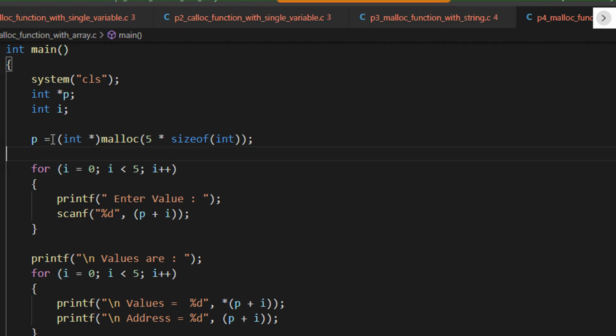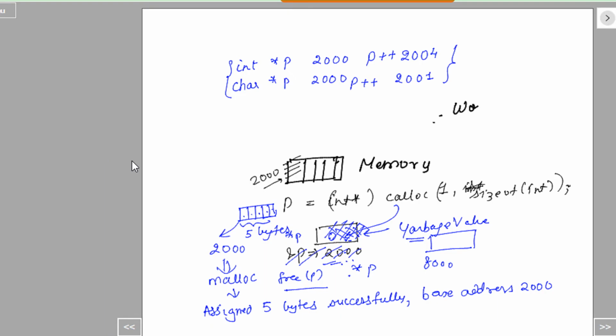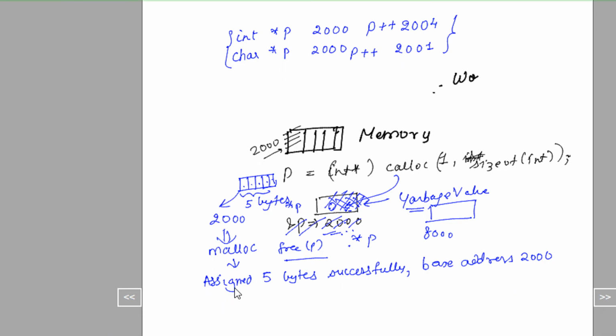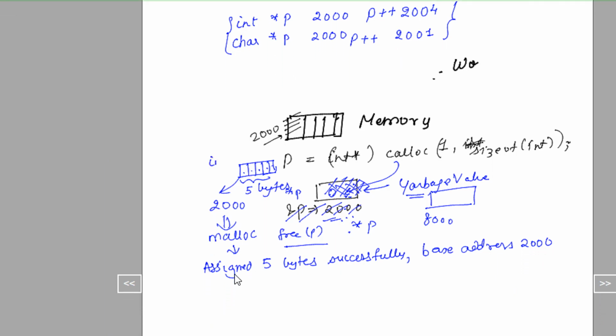Now when I say I am doing an int star, I am basically saying, okay, from location 2000, I have something which is pointing to an integer, right? So let's say p is the output of malloc, and we are doing int star.